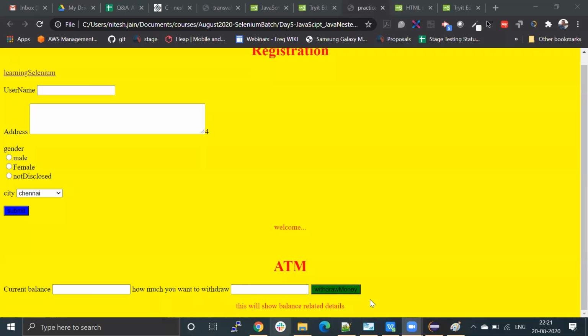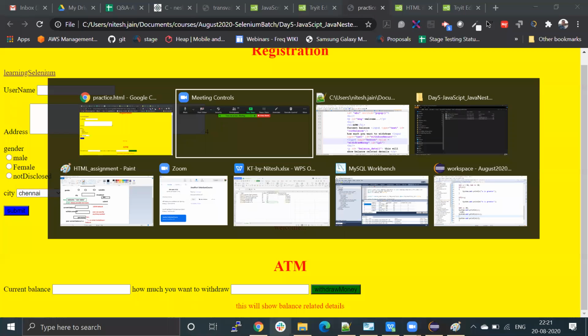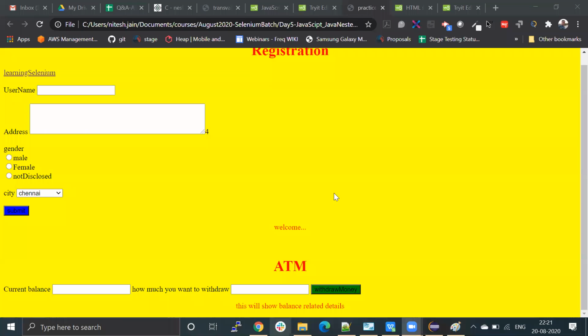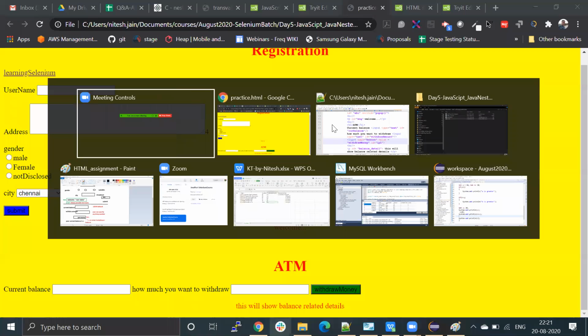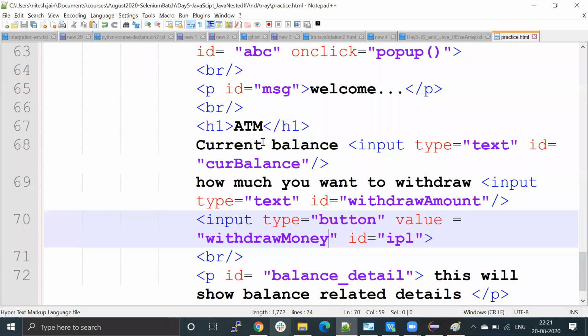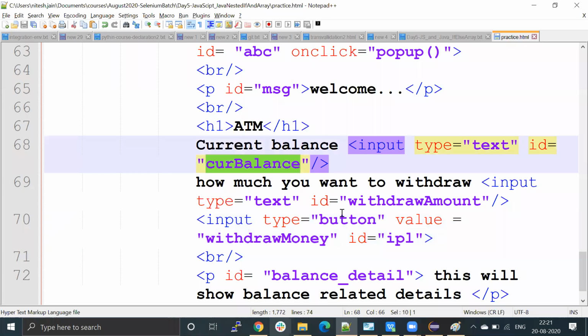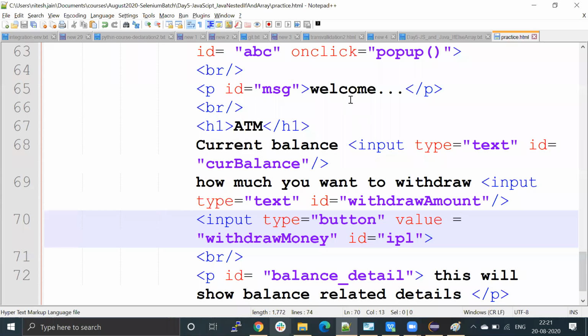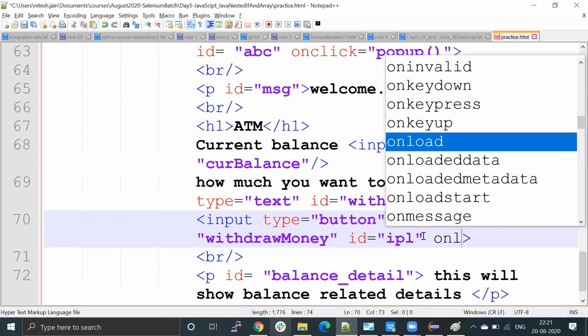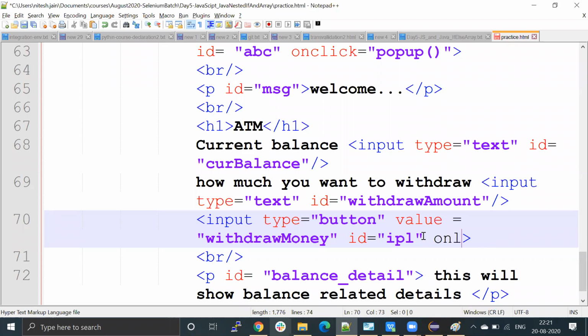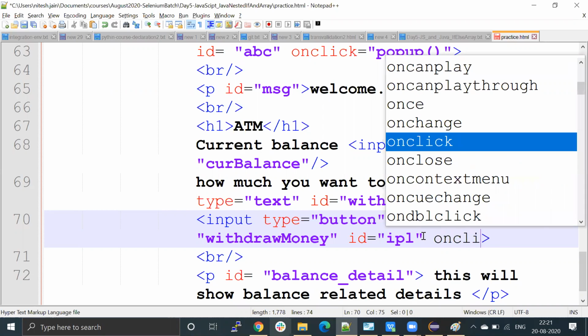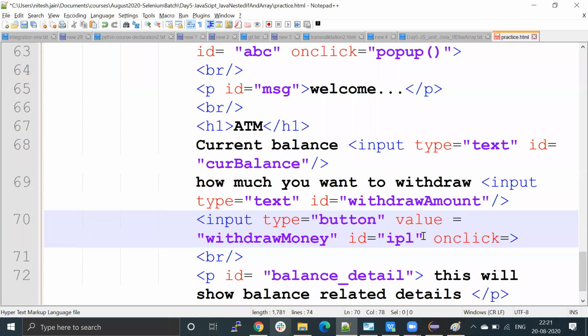For example, I want to capture as of now the current balance. So what you can write is, to get the current balance, the current balance ID is cur balance. Let's try this at least. On click of this withdraw money button, we will call a function. Calling a function is onclick equals to,